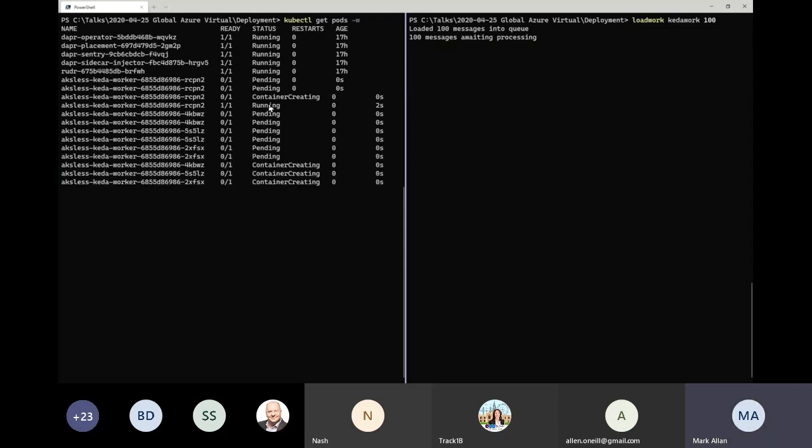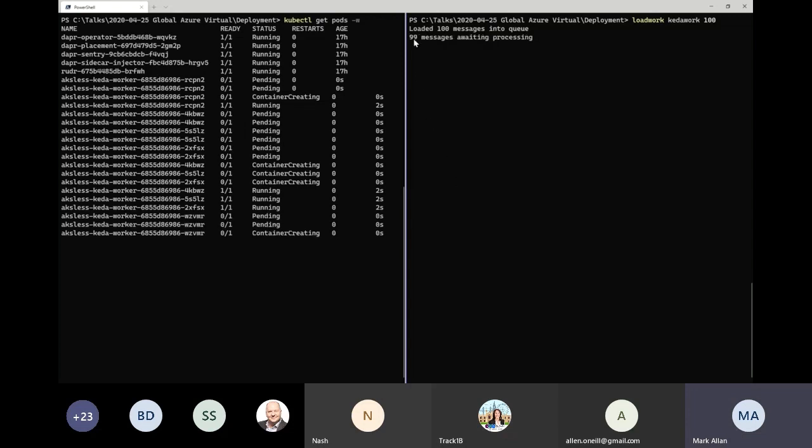And then it looks and sees that there are still messages there, so it starts creating more. Now, it takes a short while for the actual container to spin up in those, so that's why we're not getting immediate processing. But there you can see it's starting to process that down now. So what we'll end up with eventually is 5 running pods, each processing approximately 1 message a second. So if we give that a short delay, we'll start ticking down there.